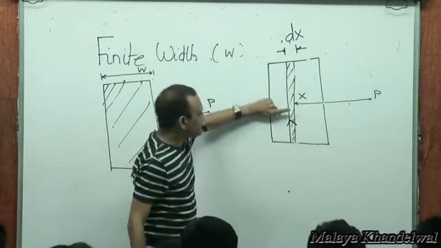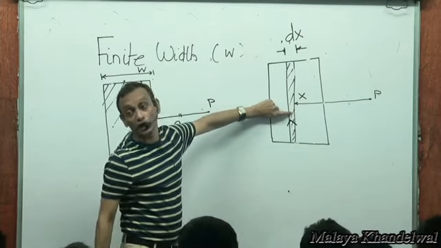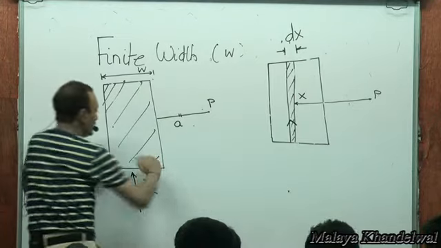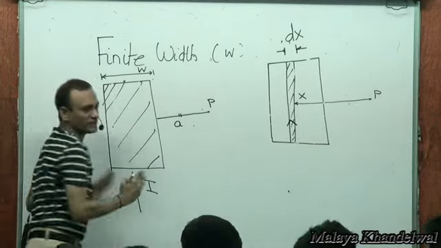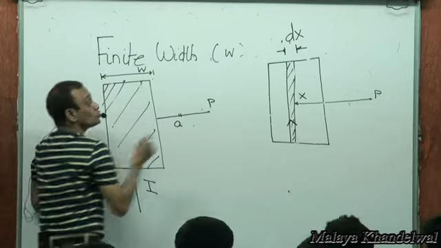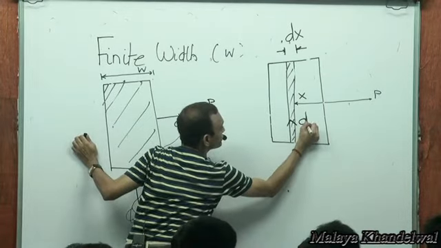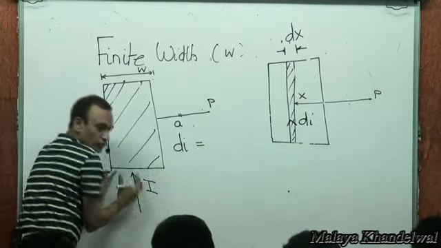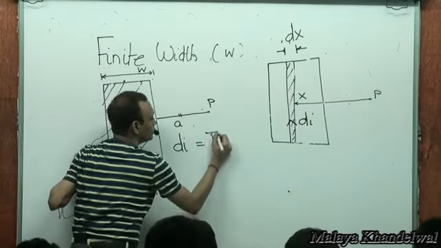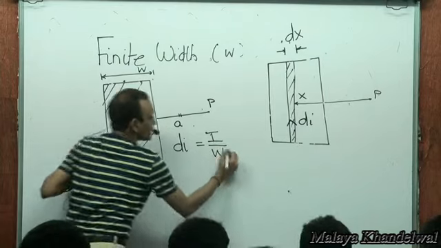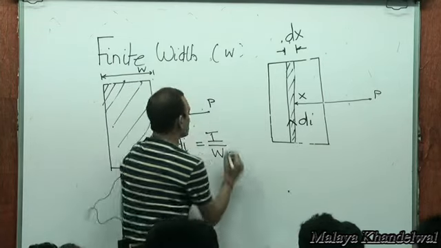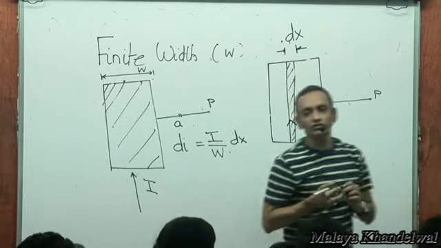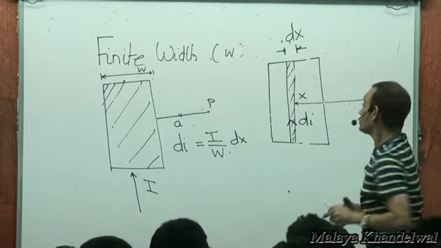Now the only task ahead of us is to apportion a current to this thickness dx. The total current is I, which is uniformly spread over the width w. So the current that I want to associate with this dI is going to be, well, the current per unit width is I by w. So the current apportioned to thickness dx would be this. That's going to be the current apportioned to this thin wire, right? Therefore,